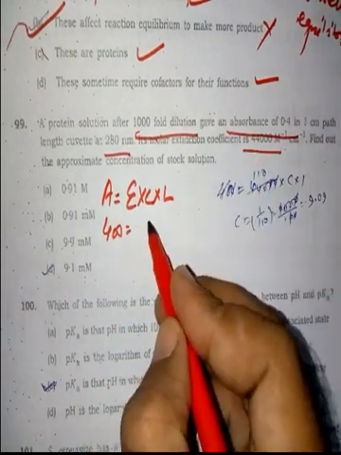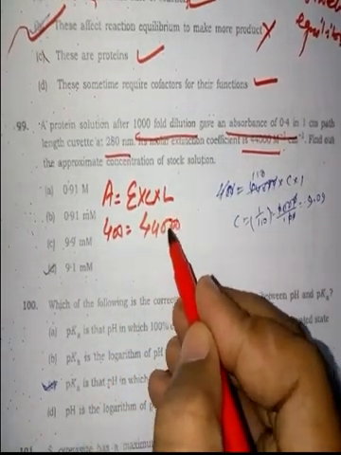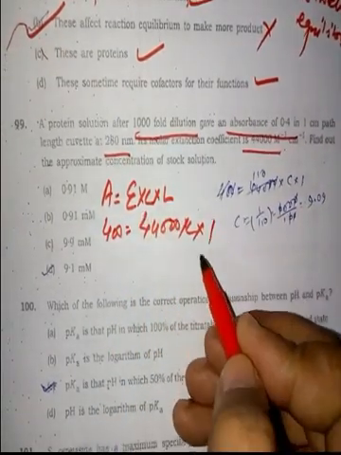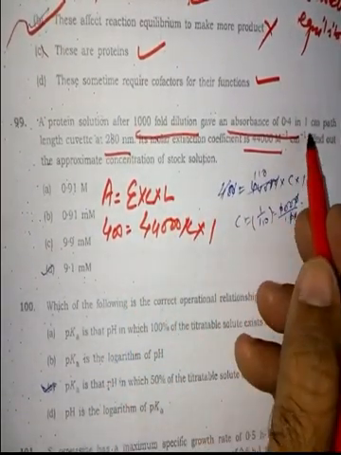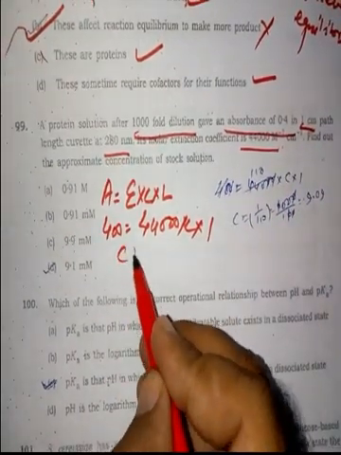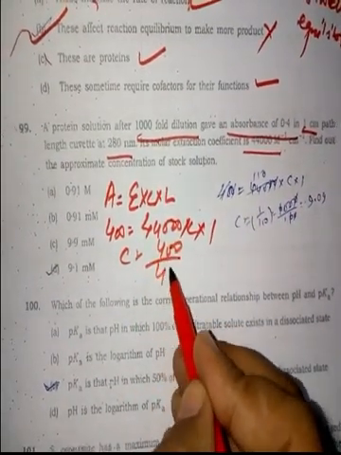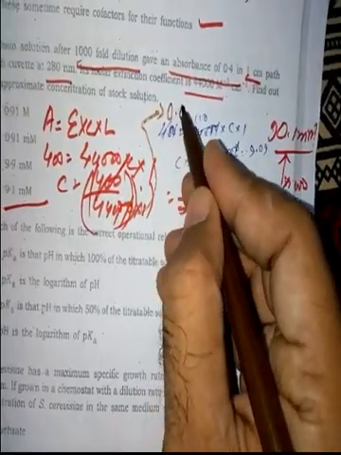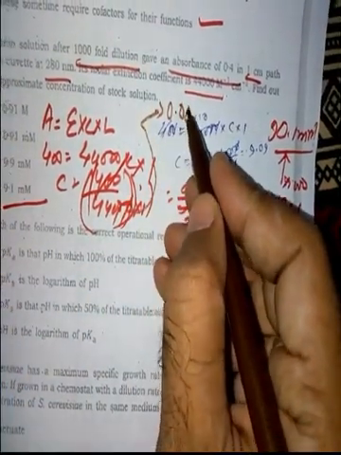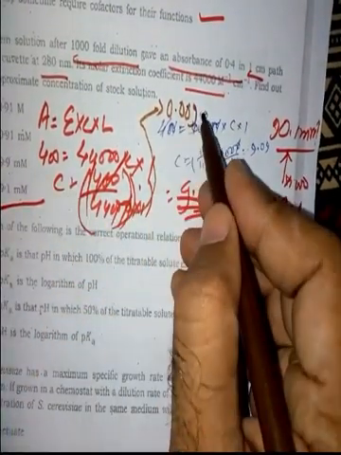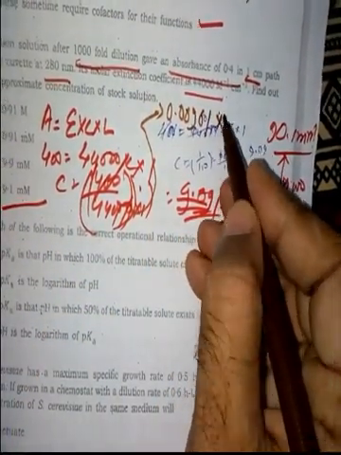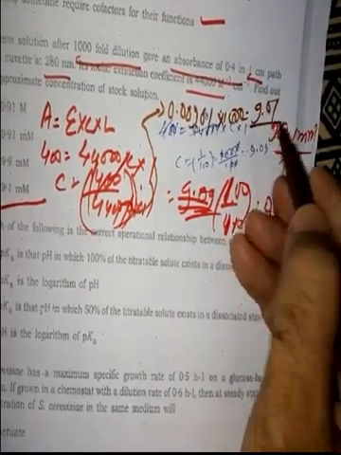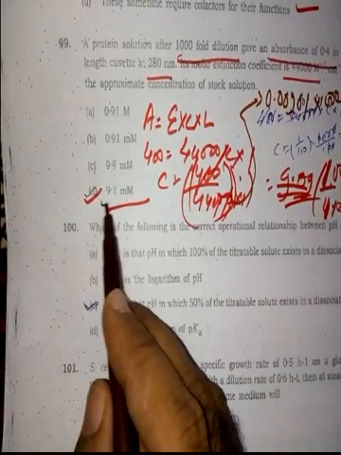So it is 400, the actual absorption. Molar extinction coefficient is 44,000. Concentration we have to find out, and path length is always 1 centimeter. They have given 1 centimeter also. So concentration will be 400 divided by 44. If you calculate, the value will come 0.00901, and if you multiply with 1000, it will come 9.01. So the answer will be this.